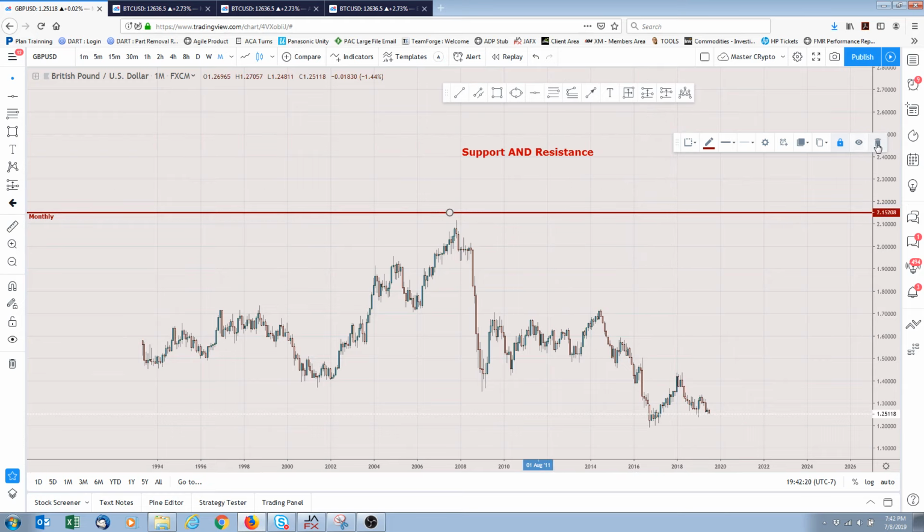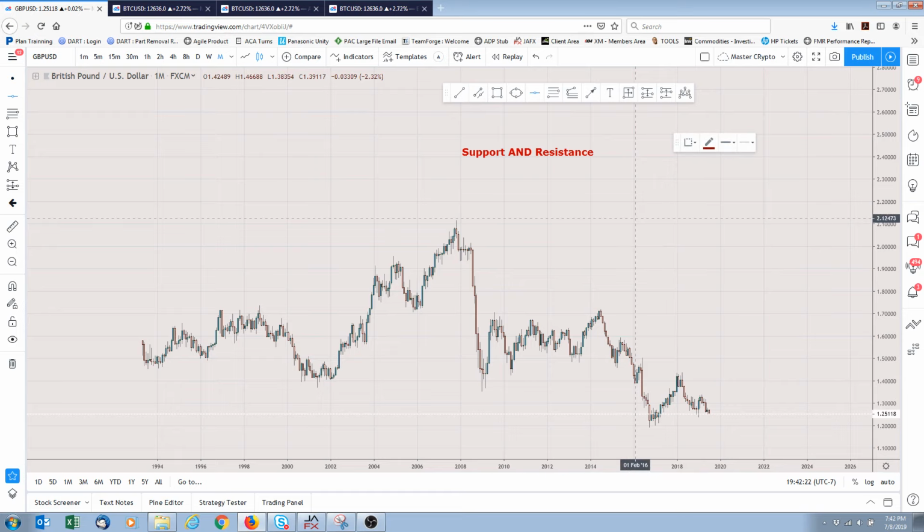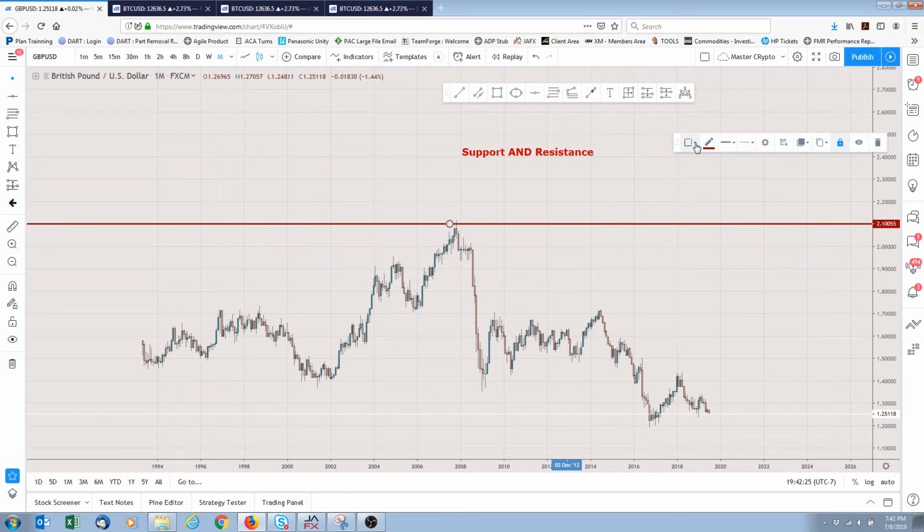So I'll do that again. I'm just going to delete this. I'm going to create a line. And here, notice that it doesn't say monthly yet. So I can just go here, select monthly support and resistance,